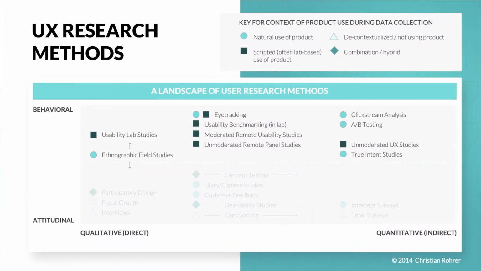Then, as I mentioned, the product is not live yet, right? So we cannot do the research method in the natural use of the product because of the fact it's not finished. You'll have to most probably rely on a little bit scripted use of the product, because we'll be, for example, testing one part of the product itself. So let's get rid of all of the natural use of the product. And for the last part, let's get rid of a couple of additional things that, for example, require sophisticated equipment just for the sake of the presentation, like eye tracking, or cannot be done in stealth mode, because, as I mentioned, we are building a product that is not live yet,